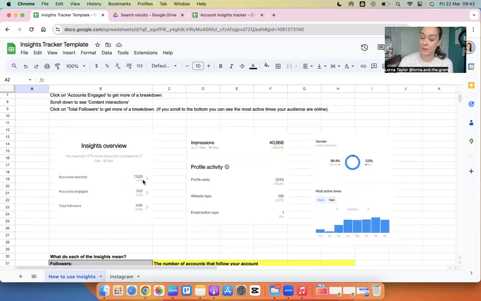And there's two key parts here. There is the actual number that they give you. So for accounts reached, there is a number there. And underneath there is a percentage. And the percentage is green if it's gone up compared to the previous 30 days. And I think it will be black. It won't be red. I think it will be black if it has stayed the same or it has decreased